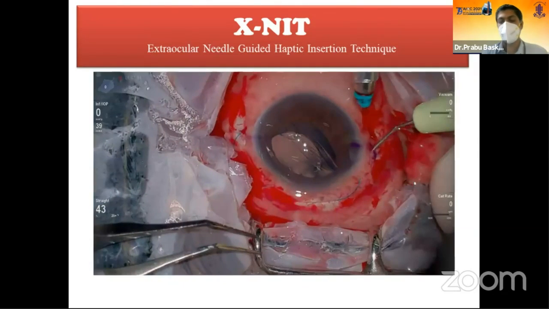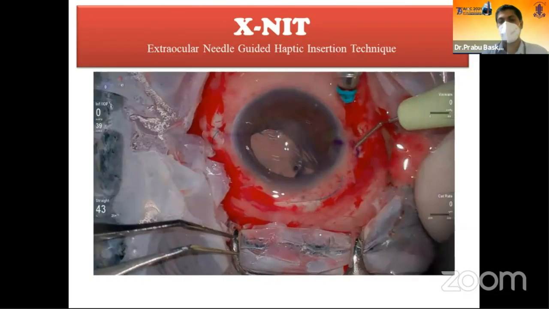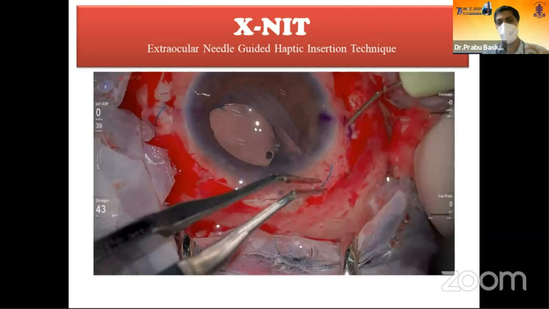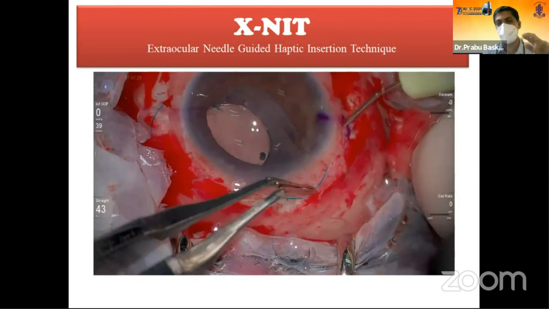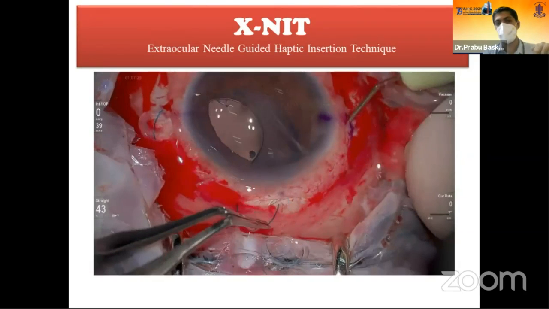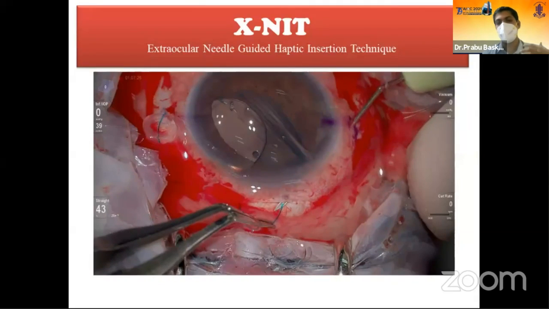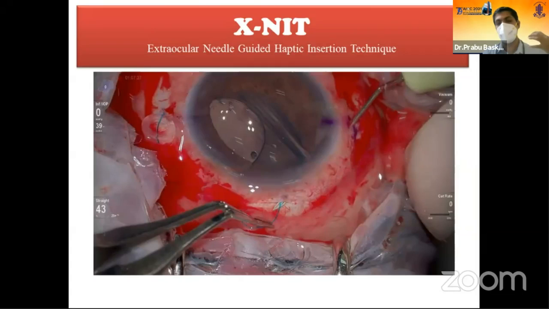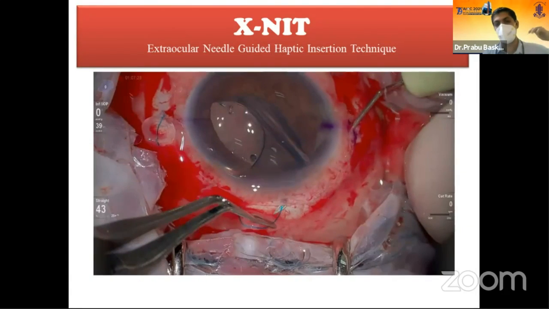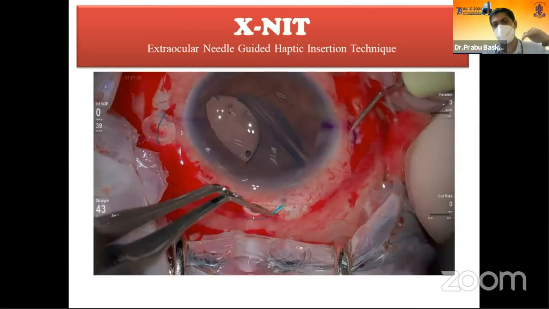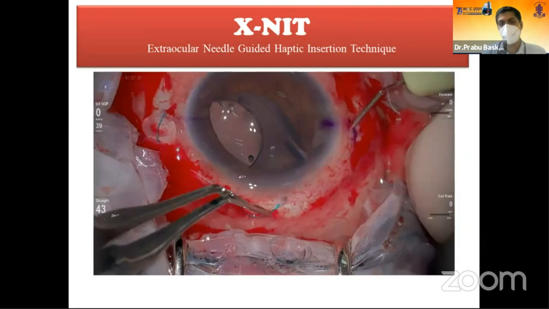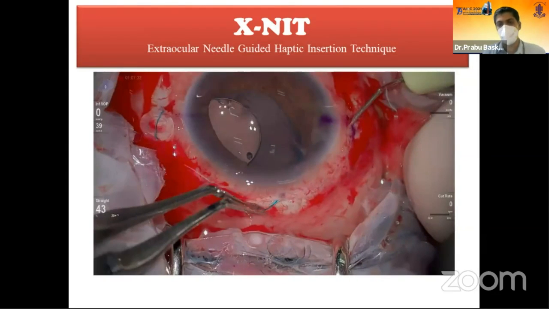So once you do that, now you can simply retract the trailing haptic. Normally I flip the McPherson forceps reverse and gently retract and push it inside the lumen of the 26 gauge needle. This is like an aeroplane landing on a runway. The tip of the trailing haptic should be facing downwards. At the same time, the lumen should be receiving it. You may slightly depress so that you just receive it.